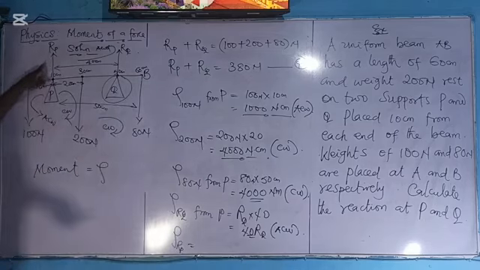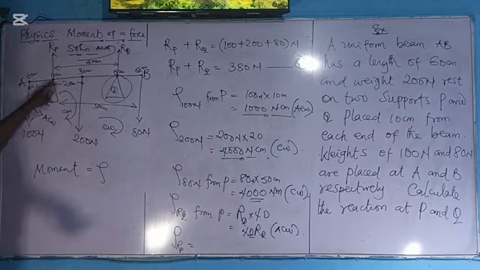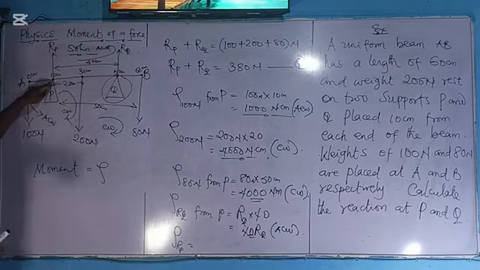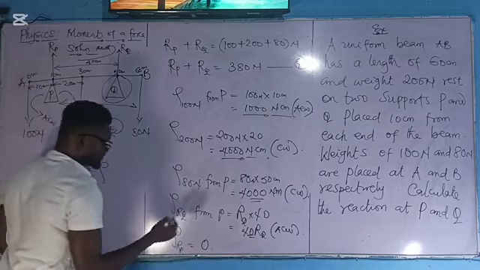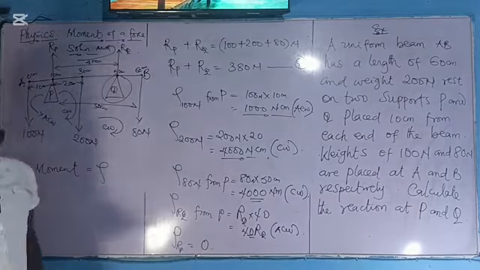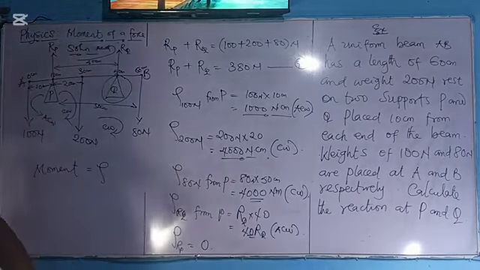Now RP, it should be RP times its perpendicular distance. But the RP is at that very point, P. So in that case, it has no moment because there is no perpendicular distance. So the moment is 0. It has no moment. Okay? Now,